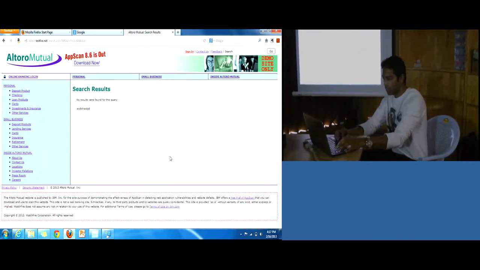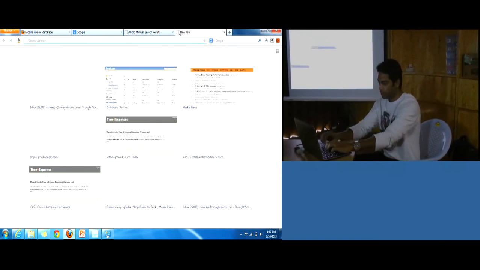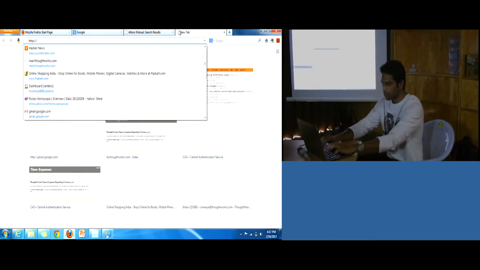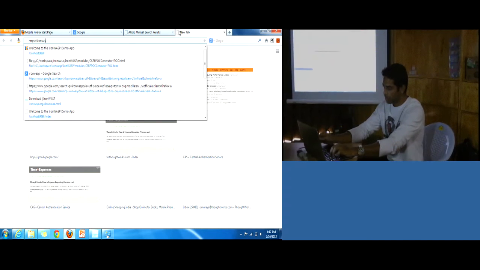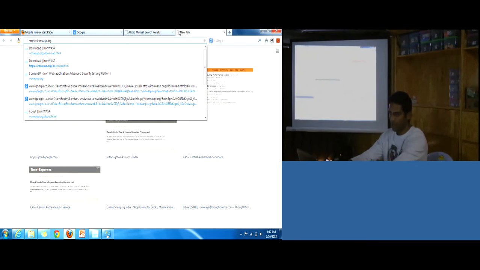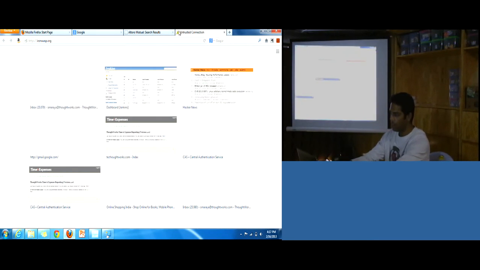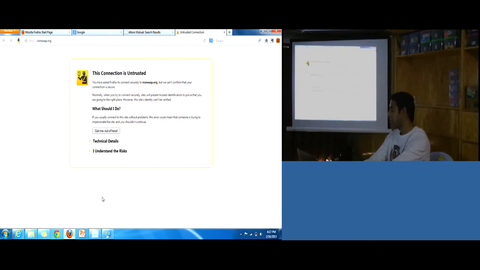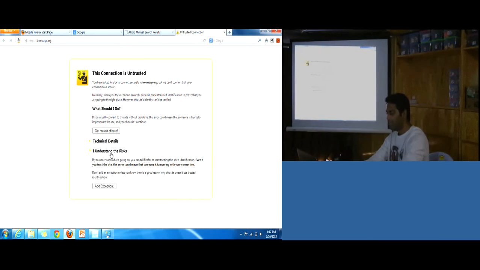Say for example, if I go here, Google Mail is HTTPS, and my Iron Wasp site is also HTTPS, so I go with that. Now when I go here, it says that this connection is untrusted, do you want to trust it, and so on. Basically the tool creates a certificate by itself and tries to send it to the browser.